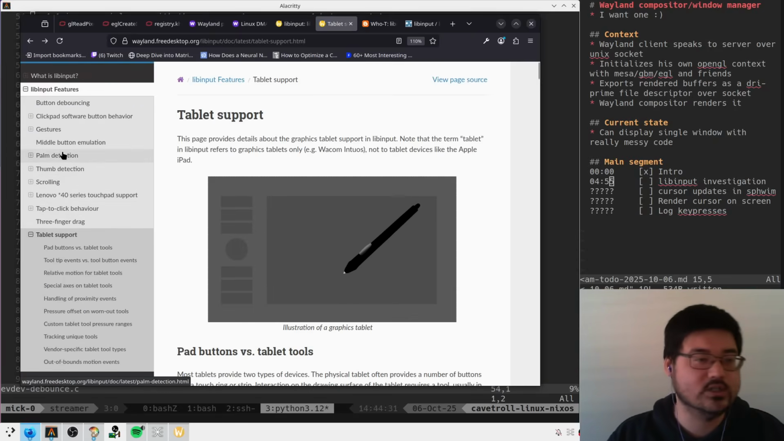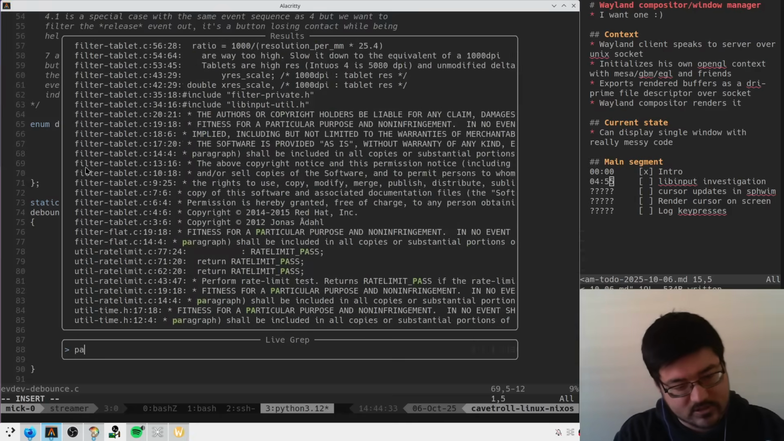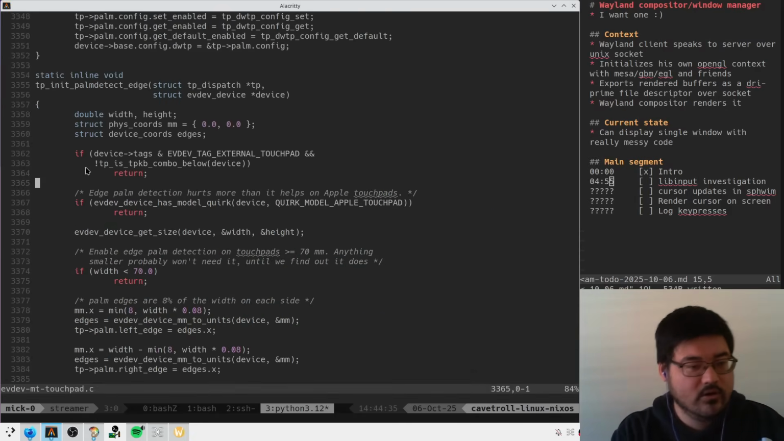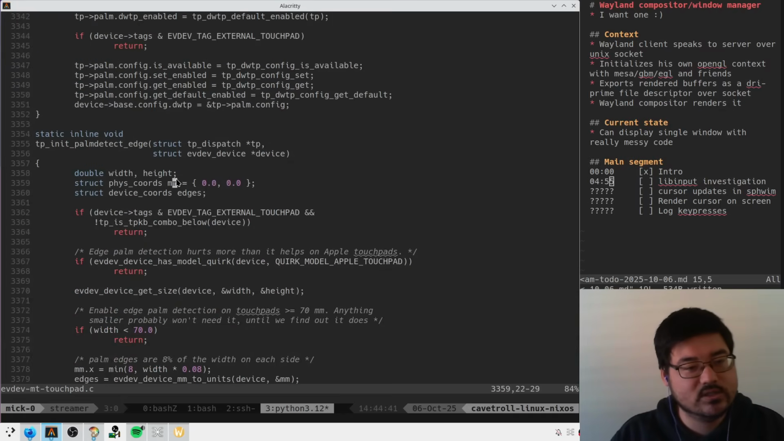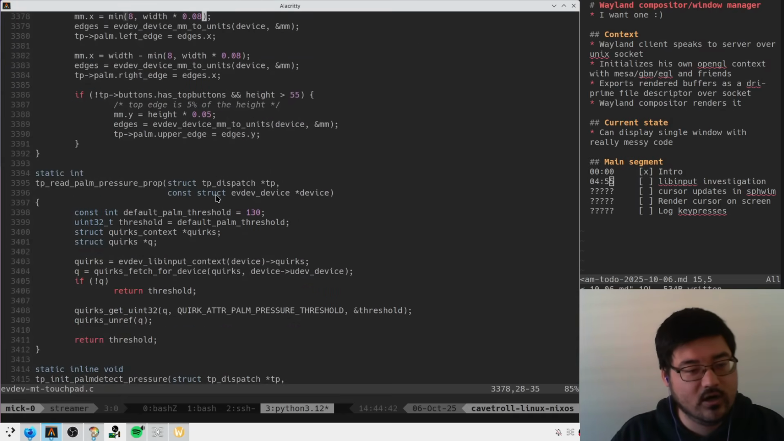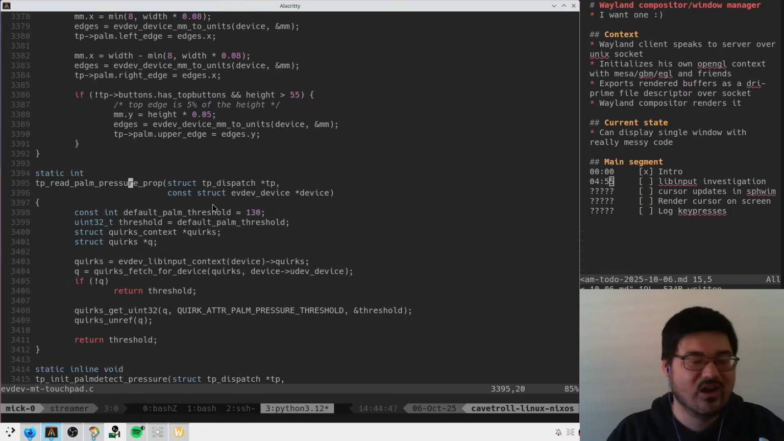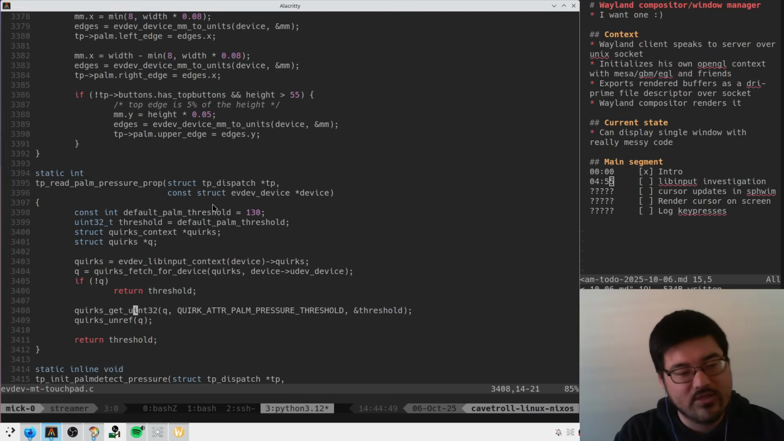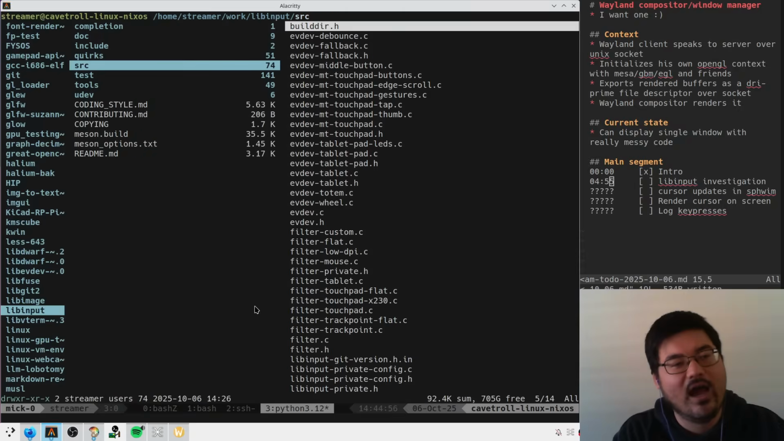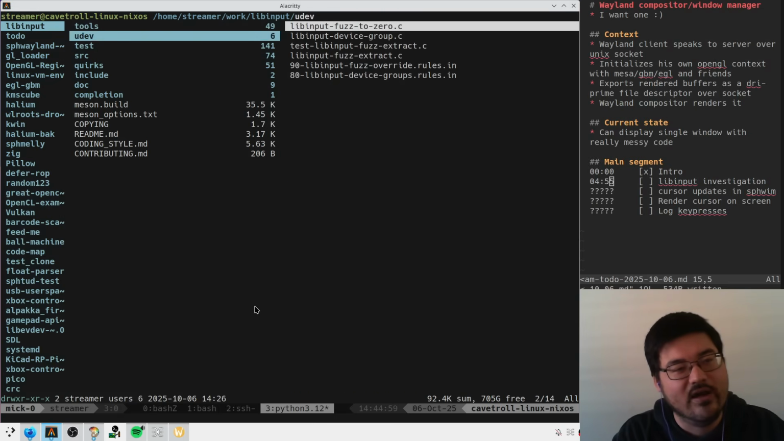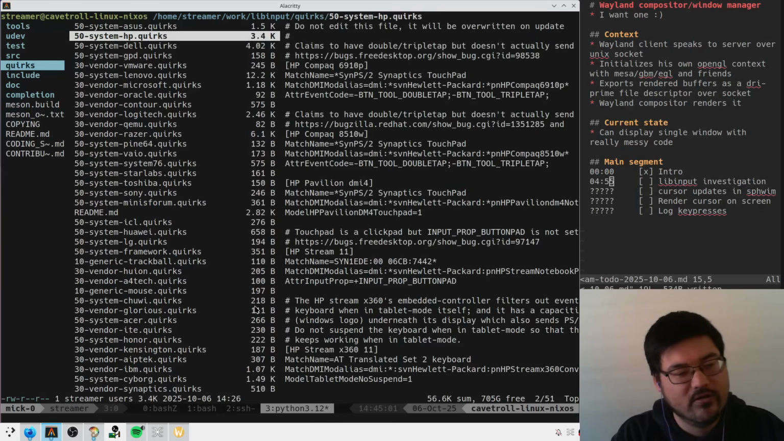thumb detection, palm detection. Actually, I would like palm detection. That's kind of interesting. So a multi-touch touchpad, he might say in here, read palm. Yeah, right. I know, this is crazy. So he's got a palm pressure property that is dependent on each device. Each device is going to have a quirk that says how much pressure do I consider enough, right? Apple,